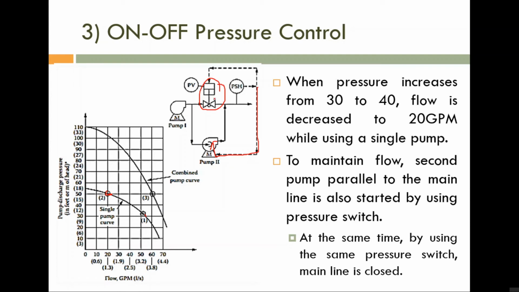Otherwise, what will happen? Pump 1 will discharge liquid through these two paths, so it will definitely change the curve. In order to avoid that, the main path must be closed. So with respect to starting this second pump along with pump 1, here we have a cascade configuration. In last classes I told you, if you are operating two pumps cascadely, simultaneously, then the pump curve will shift upward. Please note, the pump curve will shift upward.